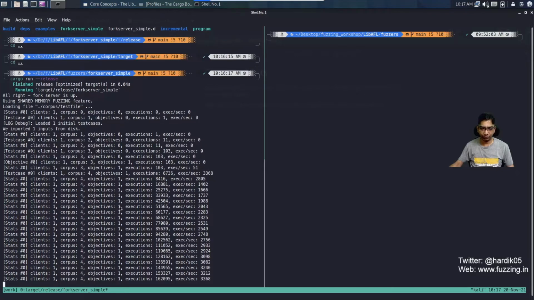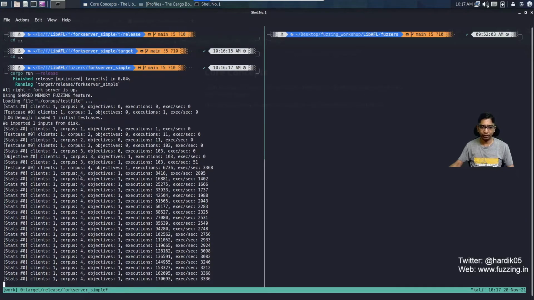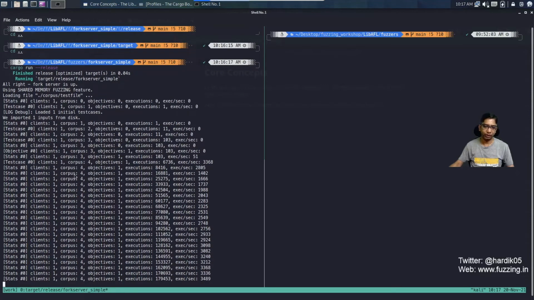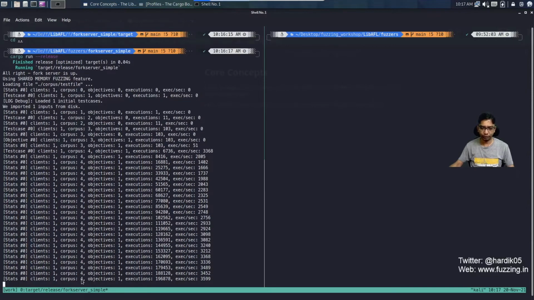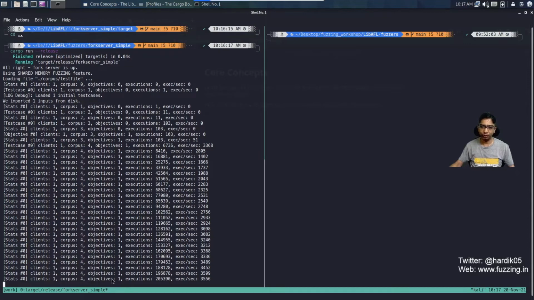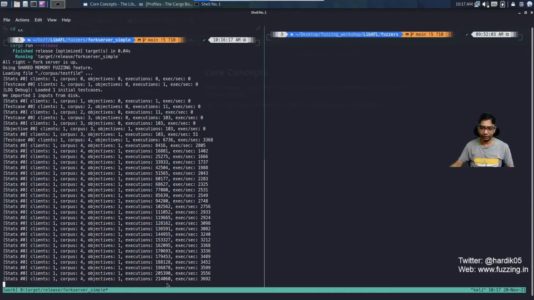I think we have already found one crash, and if you see, the corpus has increased. Initially it was 1, then 2, 3, 4. So right now the total corpus is 4. Objective is only 1. I mean, we have only found one crash.